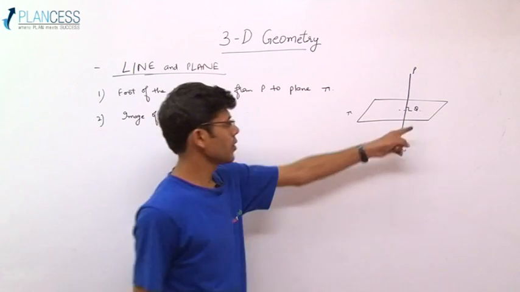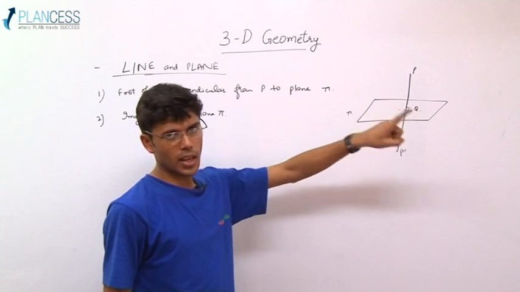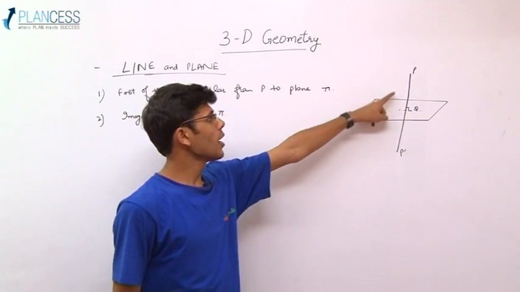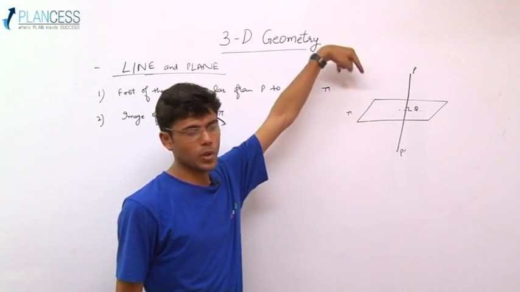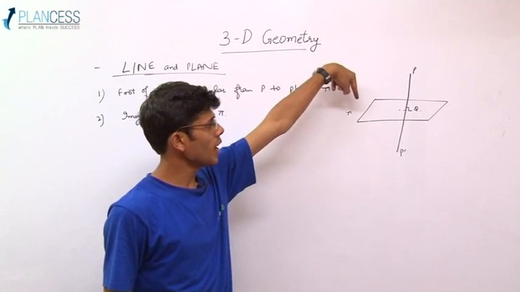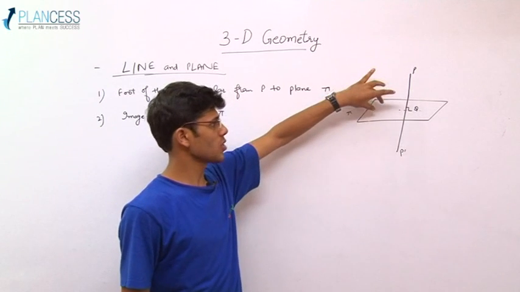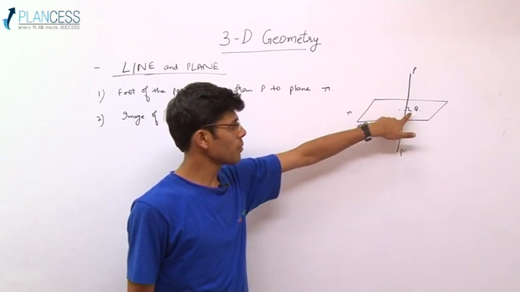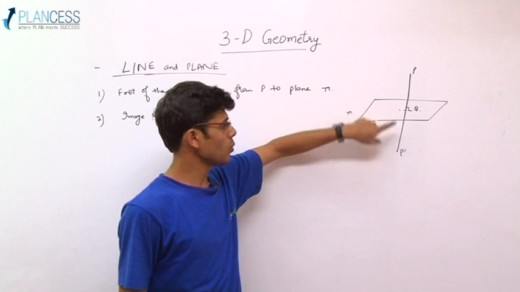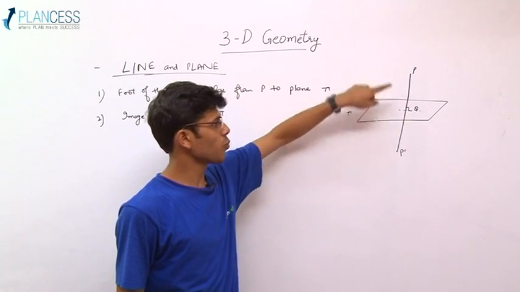We have already found Q in the first part. I once again repeat the way to find Q. From P, find the equation of the line which is passing through P and which is along the normal to the plane. You have the equation of the line, you have the equation of the plane, solve them to get the point Q. Once you have point Q, point P dash, which is the reflection of point P in the